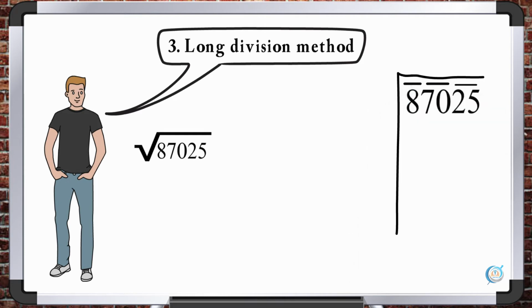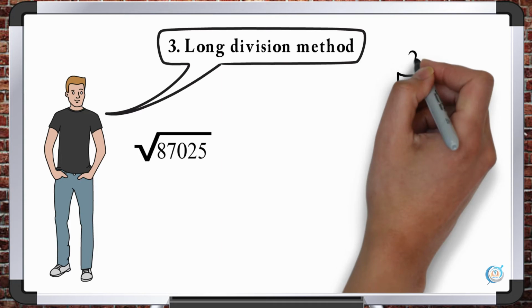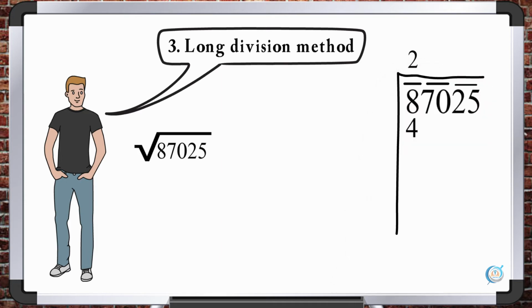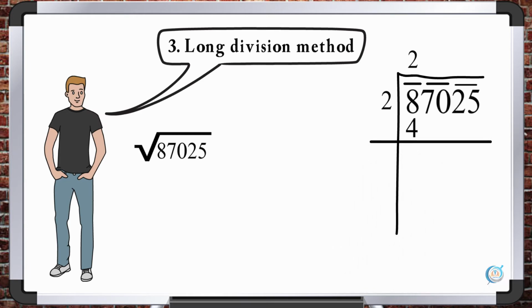under a single. Now first we will take 8. Square number just below 8. So we know that 1 into 1 is 1, 2 into 2 is 4, and 3 into 3 will be 9. So 9 is a number above 8. So we will take 2 into 2, 4. So write 4 below 8. Now subtract 4 from 8. We get answer as 4.